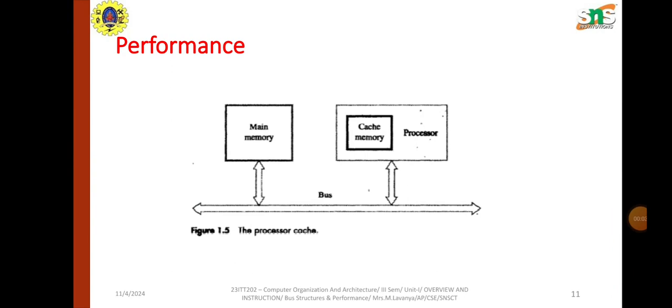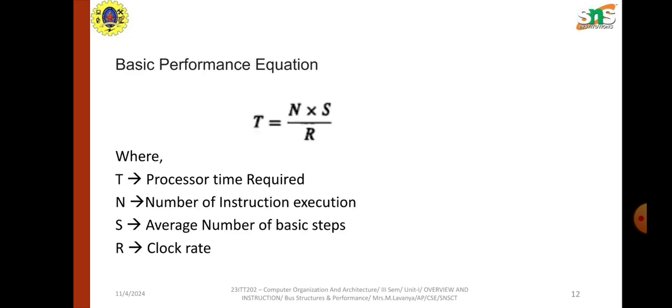Hi everyone, in today's session we are going to see about performance in computer organization. In this, the performance of the processor can be calculated using the equation T is equal to N cross S by R, where T stands for the processor time required for executing a program or an instruction, and N stands for the number of instructions executed in the entire program,